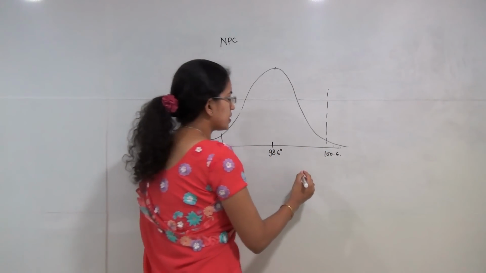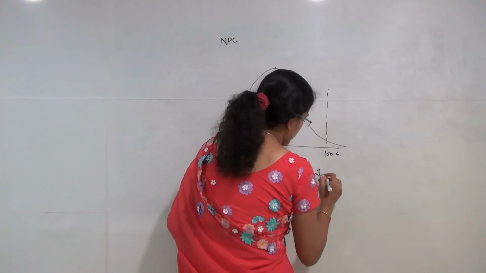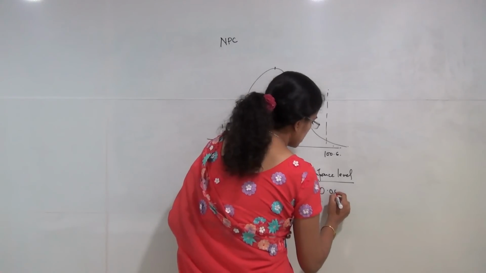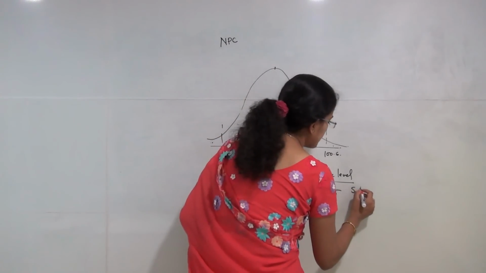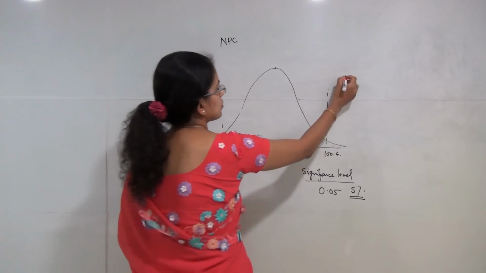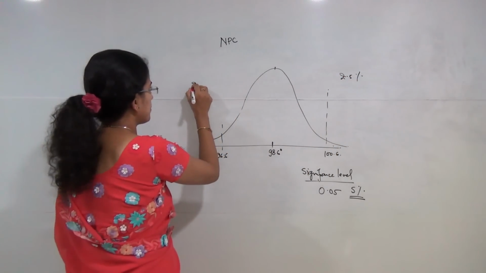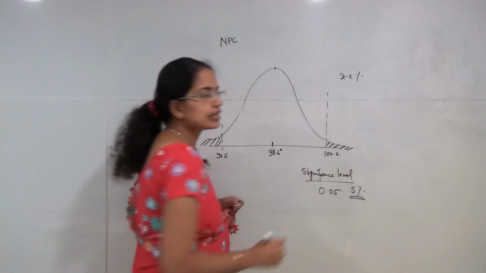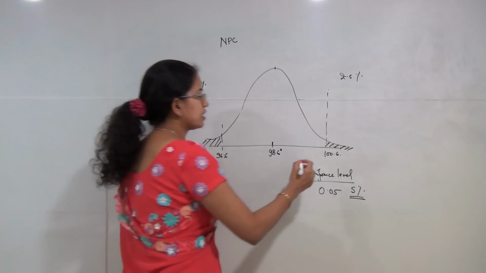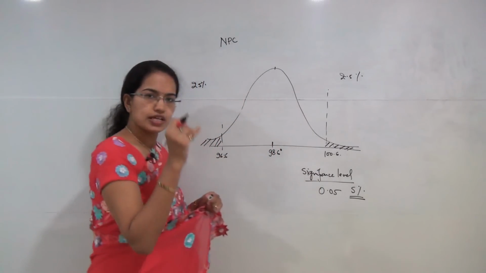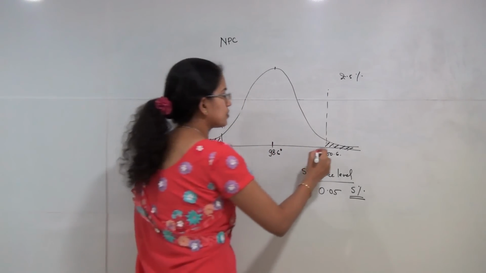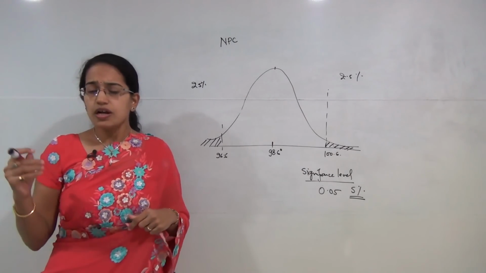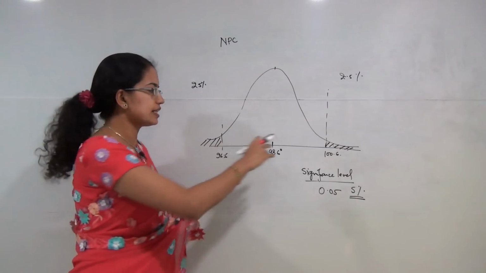These regions we call the significance level. When we say the significance level, that means, let's say I mention a significance level of 0.05, or we say a 5% level of significance, that means 2.5% would be in this section and 2.5% would be in this section. So this region and this region would be the critical regions, or the regions where you would have a probability of the extreme data to lie, but that would be beyond the significance level that we have decided. Now definitely the value could lie in that region.